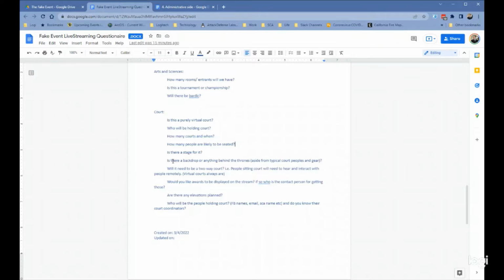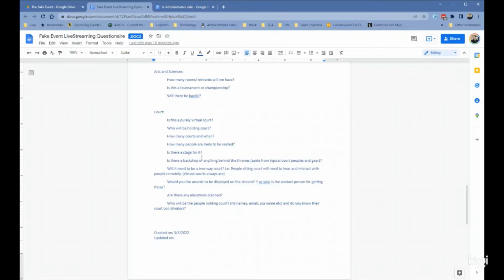Maybe we can run cords underneath the whole thing, and that makes our life a ton easier. Is there a backdrop or anything behind the thrones? This is really important, especially for on tier. We have that beautiful overhang that was made by Sir Matthias Bane, and it's great because we can hide our cameras in there super, super nice and easy, run the cord down. I love it. But that's the thing that we want to be aware of.